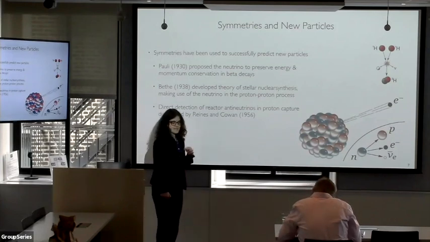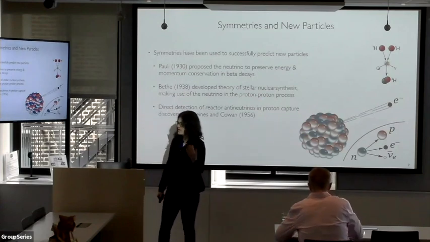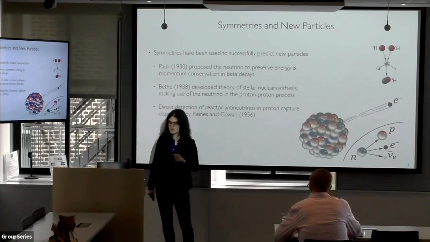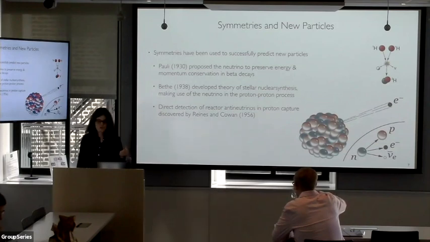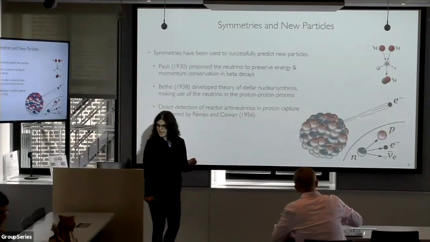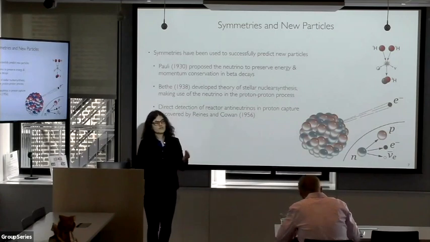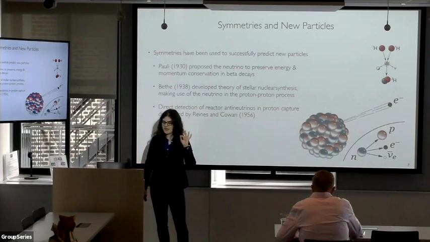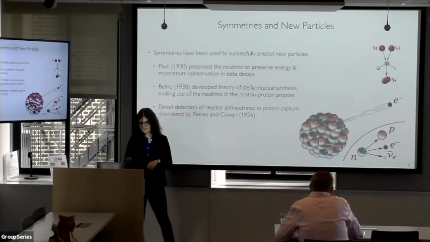And as soon as 8 years after this first proposal, once Fermi had written down his four-Fermi interaction between neutrinos and other particles, these interactions were already being used to understand theories of stellar nucleosynthesis, where the neutrino was a key ingredient of the fusion going on in the sun. This was 20 years before the neutrinos were first discovered in a laboratory experiment in 1956.